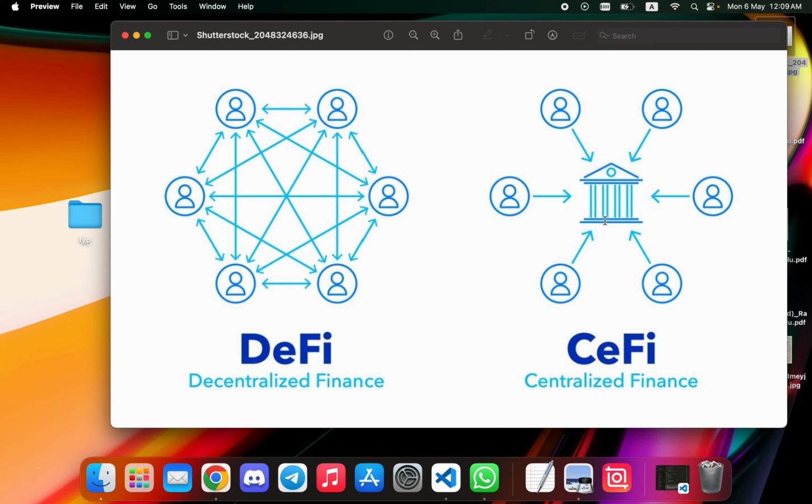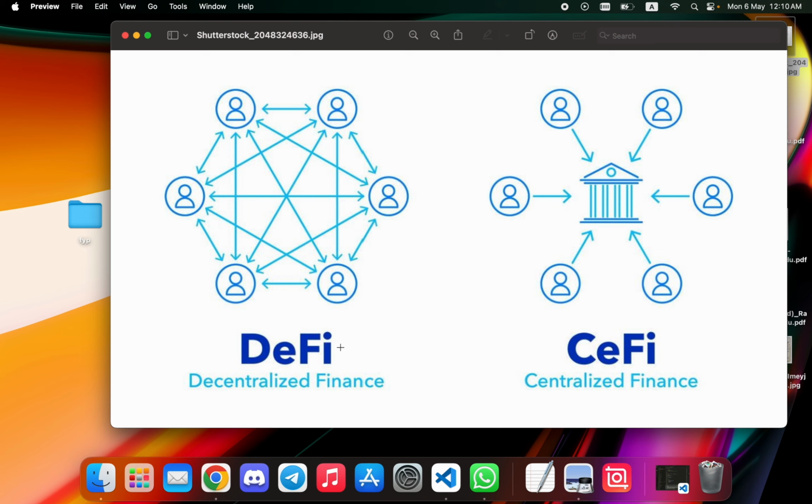Imagine this is a server like a Facebook server, and these are the users or clients. If this user wants to communicate with this user, they must use the central authority, which is the server, and behind the server there is an organization again who has the control and full access of the data, and many times they sell the data.